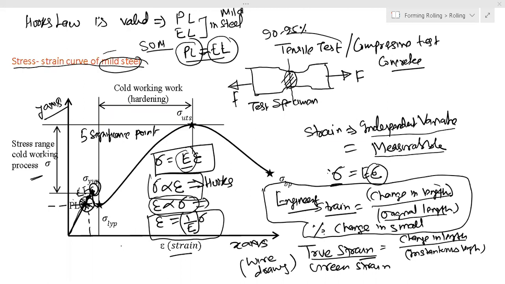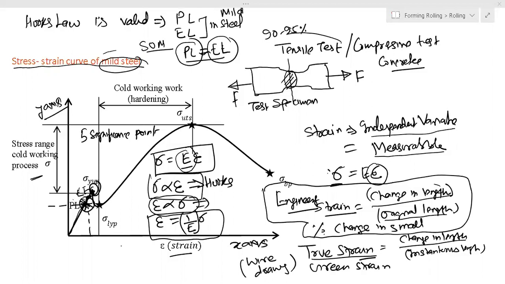Point means it's the xy coordinate. Here x is strain and y is your stress. So there is a point, there is a stress strain value. Before that you have some behavior, and after that some other behavior. So in the stress strain curve we find a total of 5 points of importance. First is proportional limit, second is elastic limit. As I discussed, up to the elastic limit, the material shows elastic behavior.